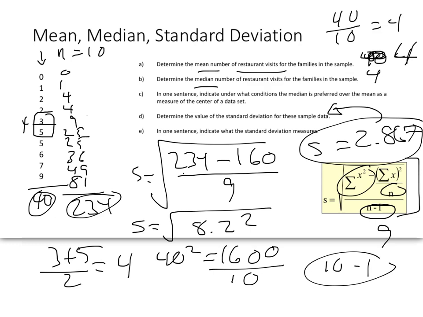So somewhere between about 1.15 and 5.85 or 86 restaurant visits would be the range that we would expect within one standard deviation of that